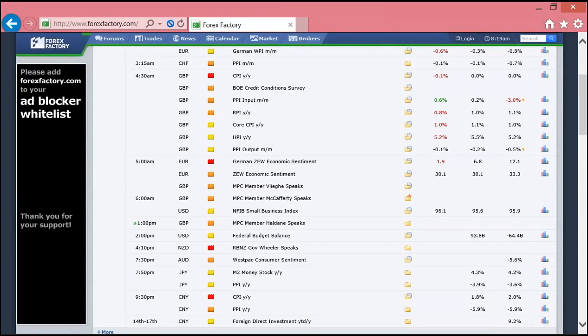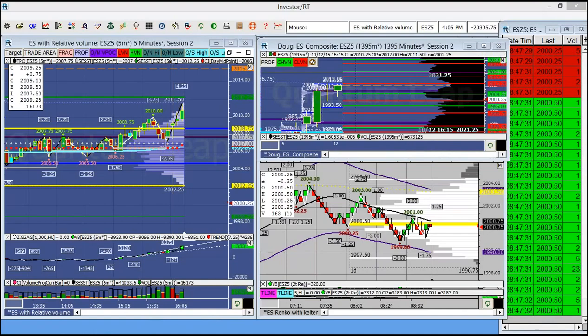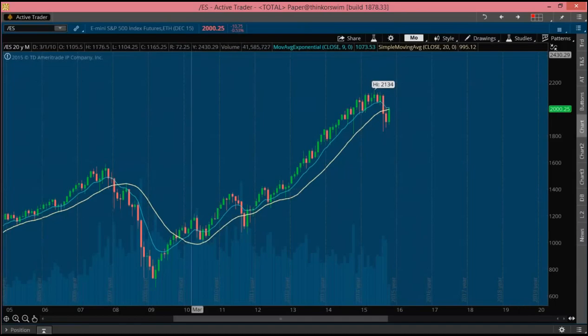Let's take a quick look at the news. There isn't a heck of a lot of news today. We've got Great Britain speaking at 1, Halden. We've got federal budget balance at 2. But other than that, most of our news was overnight. Weak news in China brought us down a bit overnight, but we'll see if we can pop back up and hold the 2000s here. So let's just take a look at the macro and the micro in terms of the